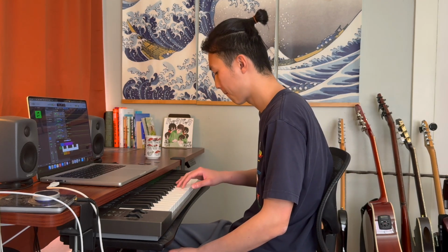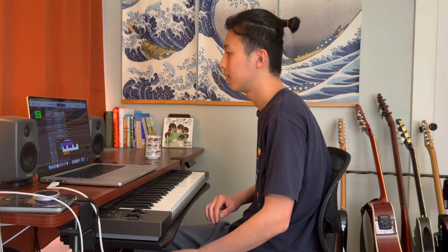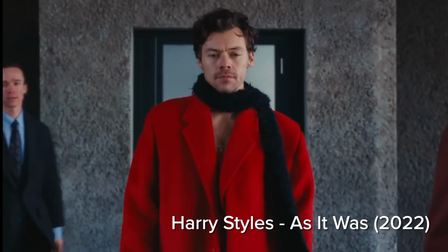So one of the most iconic 80s sounds in use today are these high 80s synthesizers. So 80s synths tend to have this reverby, spacey and shimmering sound, something like, and it's used a lot on popular songs of the last few years like